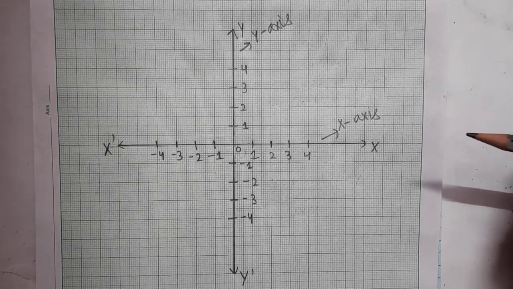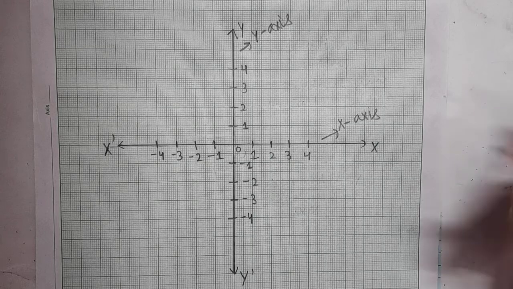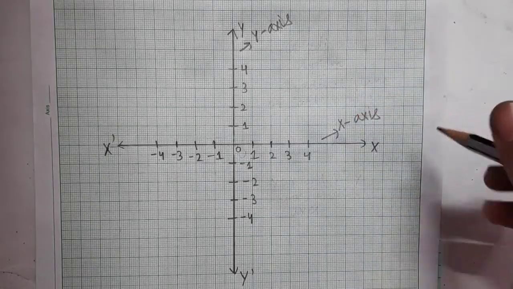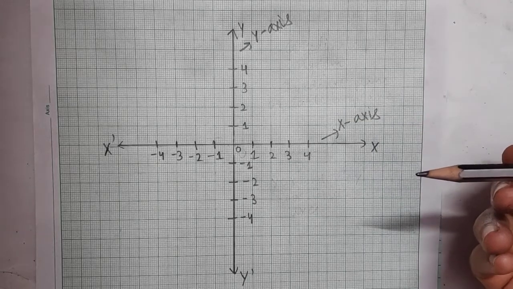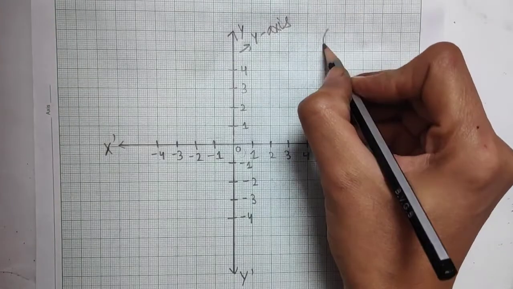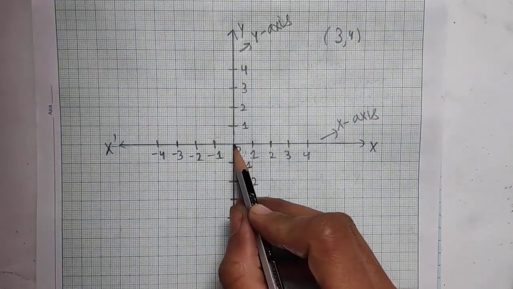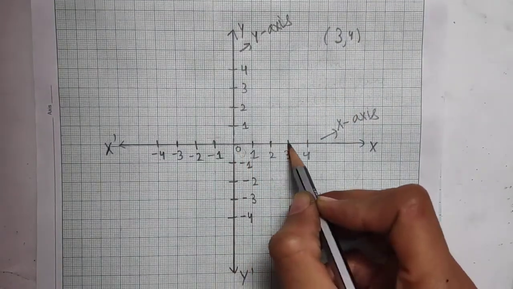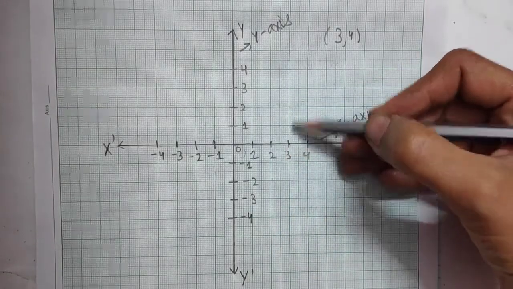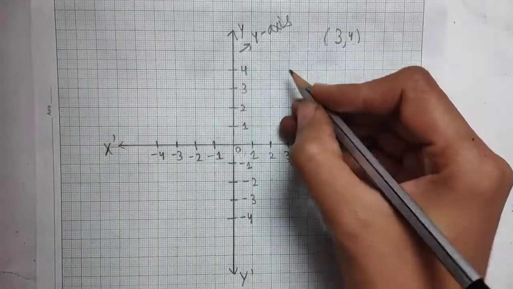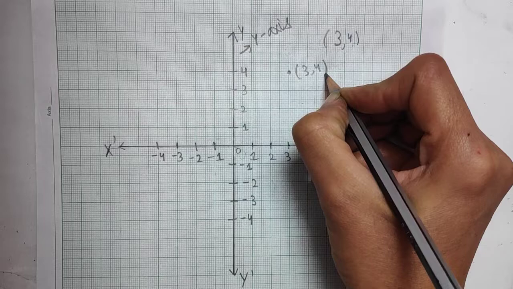Suppose you go to an auditorium and search for your reserved seat. You need to know two numbers, the row number and the seat number. This is the basic method for fixing a point in a plane. Now, if I need to plot the point (3, 4), from the origin, I need to move 3 steps. This is 3. And then along the y-axis, or along the vertical line, how many steps do I need to move? 4. So this is the point (3, 4).